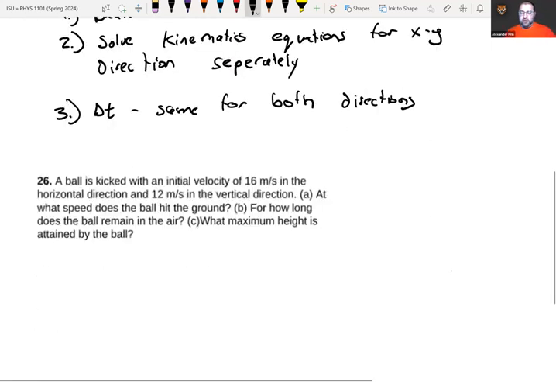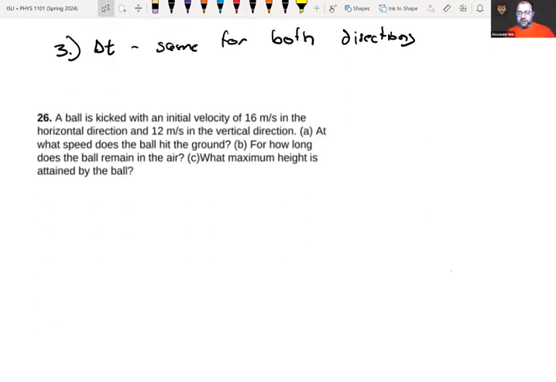What we have here is a ball is kicked with an initial velocity of 16 meters per second in the horizontal direction and 12 meters per second in the vertical direction. A, at what speed does the ball hit the ground? B, for how long does the ball remain in the air? C, what is the maximum height attained by the ball? Now we'll get into all of this, but what I want to do is